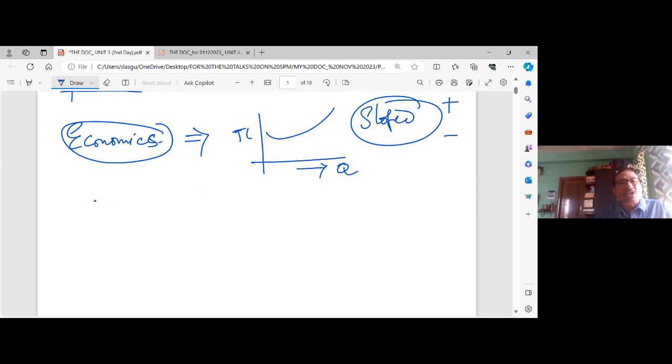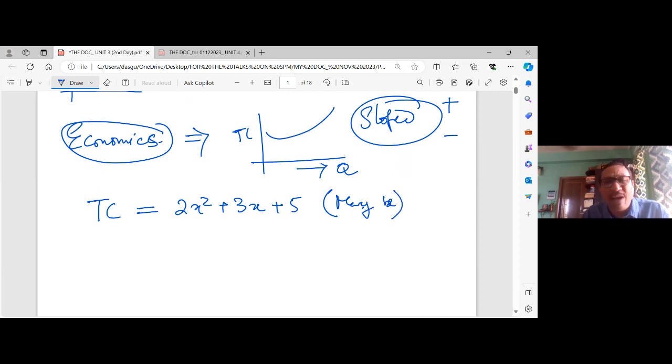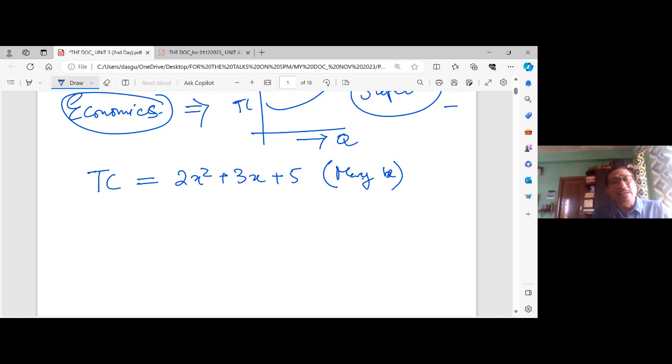Your total cost function in economics may be 2x squared plus 3x plus 5. This may be a situation, but the point is that you have a total cost curve which is not the usual way assumed in cost accounting, where m is simply the slope of the curve. So here also you might be required to calculate the marginal cost,